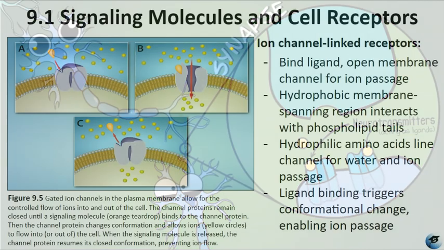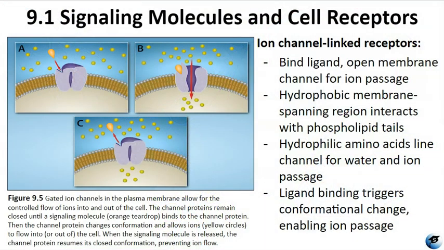Ion channel linked receptors are a type of cell surface receptor that binds to a ligand and opens a channel in the cell membrane. This channel acts like a gateway, allowing specific ions to pass through. In order to create this channel, the receptor has a region that spans extensively across the membrane. This region has hydrophobic amino acids that interact with the fatty acid tails in the middle of the membrane. On the other hand, the amino acids that line the inside of the channel are hydrophilic, which means they attract